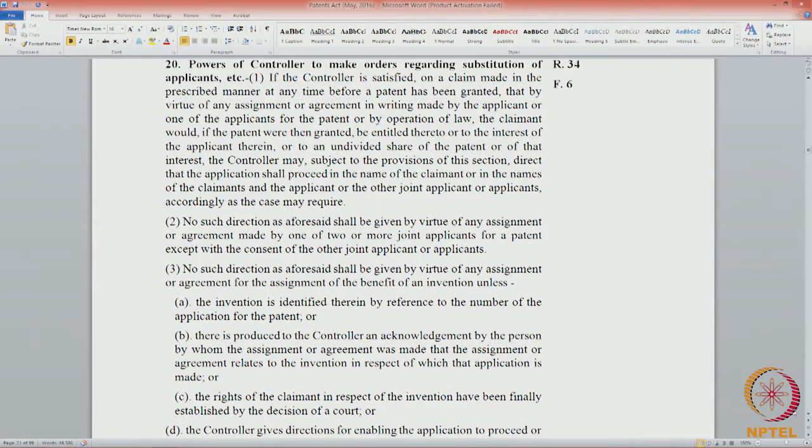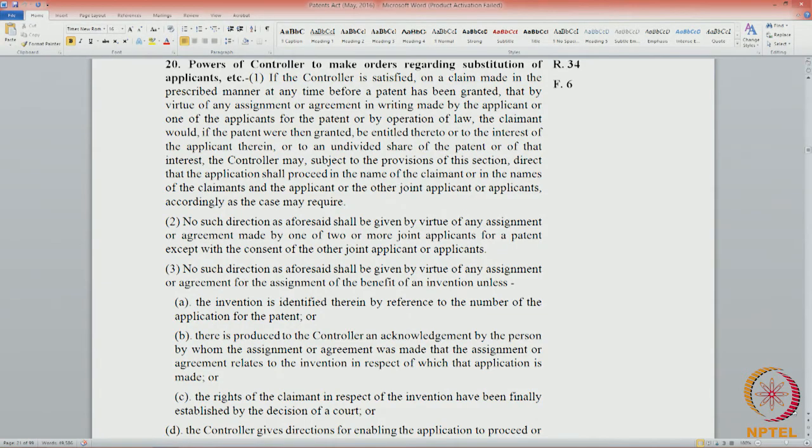grant. It is still in the application stage, he wants to assign it, or it is a part of a company, he wants to sell the company, or he wants to sell the invention alone, like it is a research organization, somebody has shown interest in the invention. So, they have an agreement to sell the invention to that person. In all these cases,